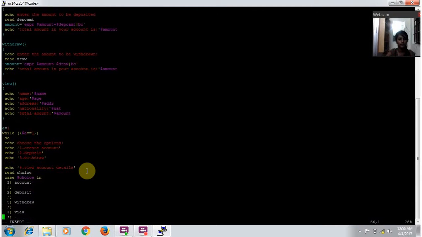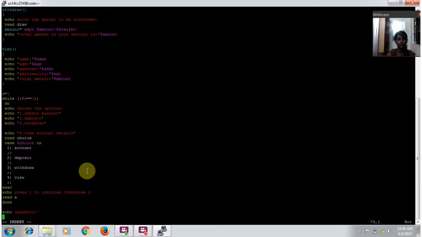Here initially I have declared the variable a with the value 1, and I'm using it in the while loop, and I'm displaying the menu to the user: 1 as create account, 2 as deposit, 3 as withdraw, and 4 as viewing the account details. I'm getting the choice from the user and storing it in the variable called choice. And in the switch case,